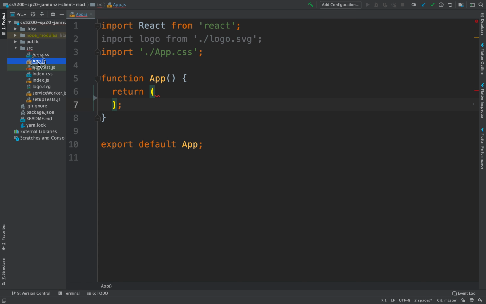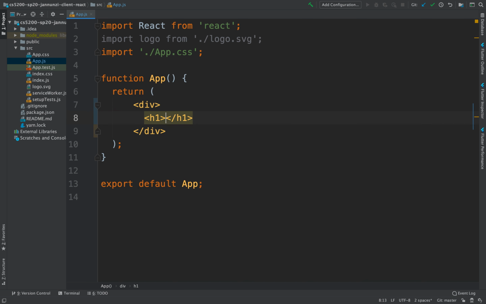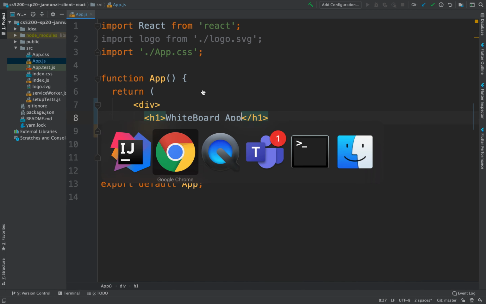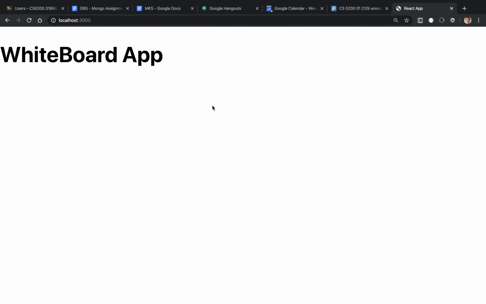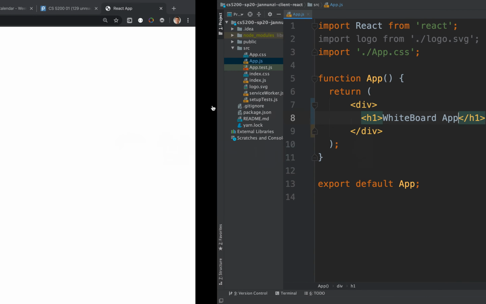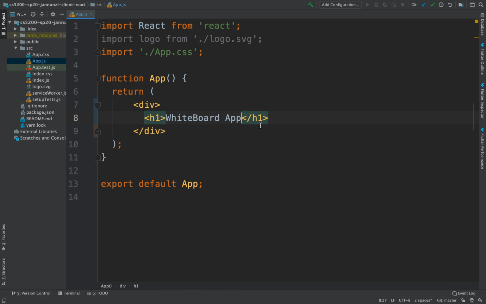Right, so this is in app.js, that's the entry point, and we can replace it, we can say div, and in here we're going to say h1, the whiteboard application, whiteboard app. There it is, there's our whiteboard app, and what I'd like to be able to do is get a hold of